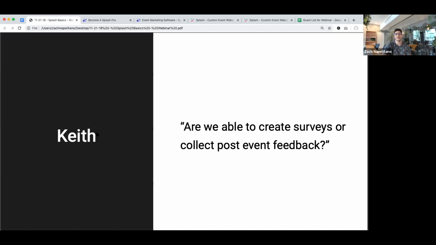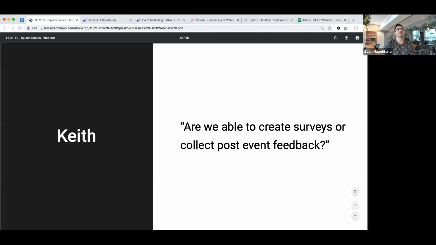And layering on even more, we have confirmations. So someone submits your survey, and we could send them a branded confirmation with a link to a discount code or a website. And then we have the guest list behind the scenes that makes it super easy to report on everyone that submitted the survey. So we use these all the time. Let me see if I can pull up for you a really quick example of one I've done. I'm working in a different tab here. I got one. I'll resume the share.